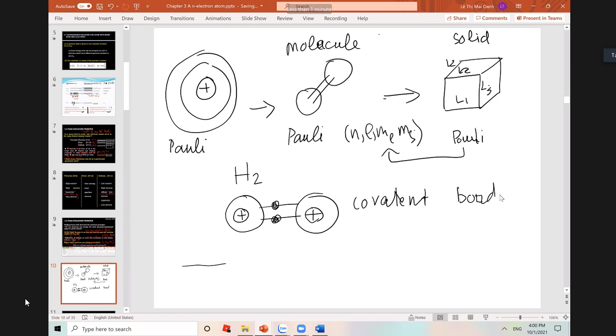For example, n equal to 1, l equal to 0, ml equal to 0, and for both electrons they are the same: n equal to 1, l equal to 0, and ml equal to 0. However, they must differ in the last quantum number. It is ms. For example,